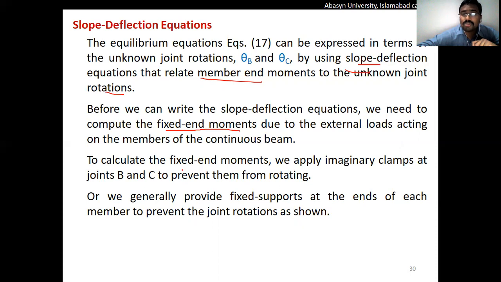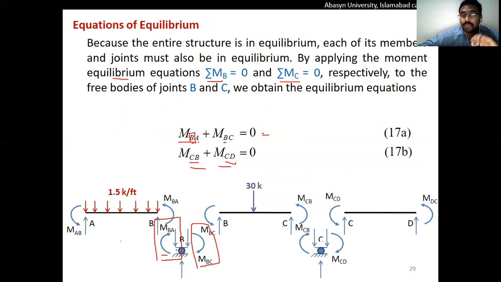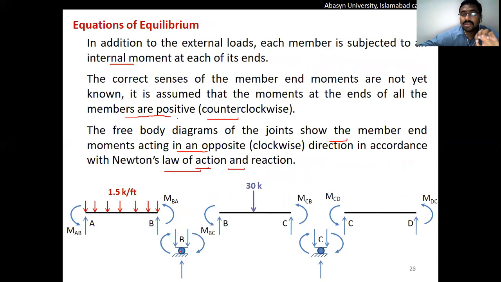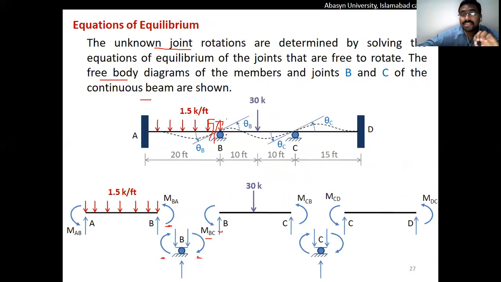To find the fixed end moments, we always assume the beam is fixed at both ends. Like span AB: we know that at point B we have a roller support. But to calculate the fixed end moments, we will convert this support B, which is a roller, into a fixed support. So in order to calculate the fixed end moments, A will be a fixed support, and B will also be a fixed end support.